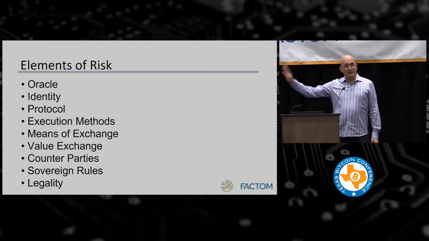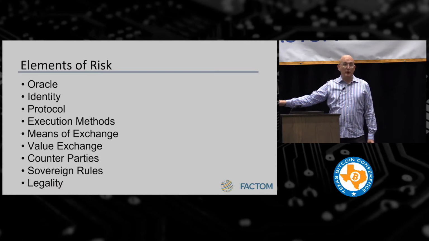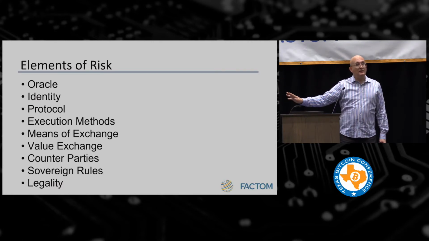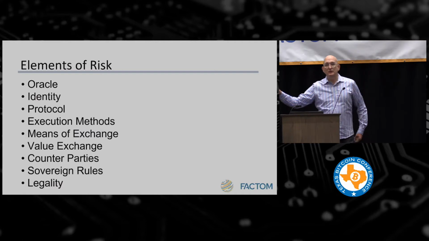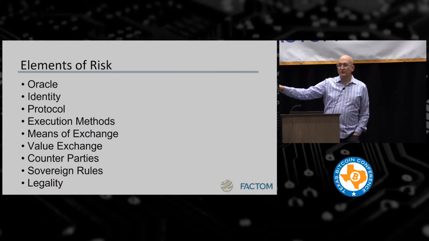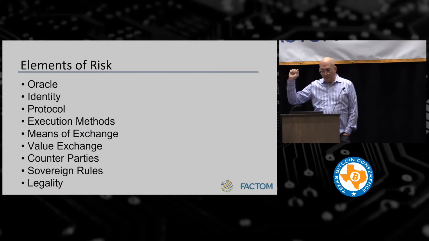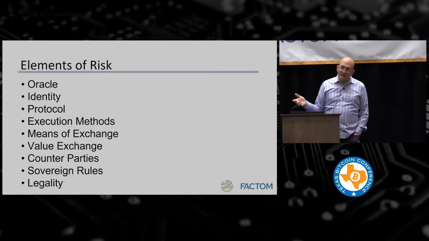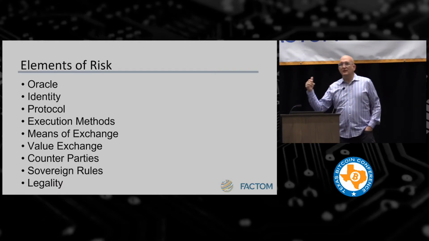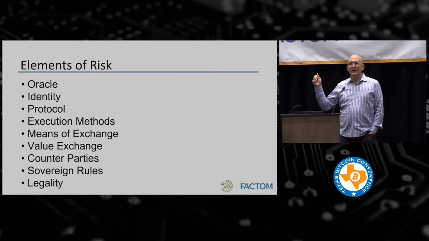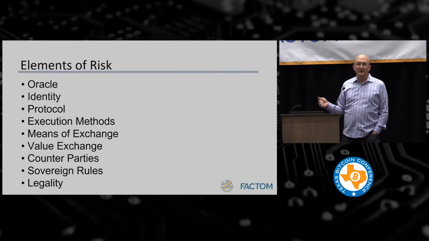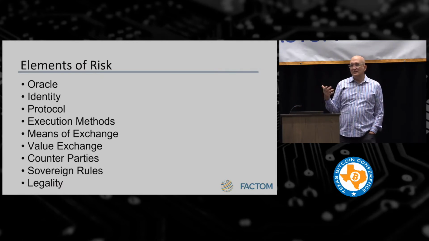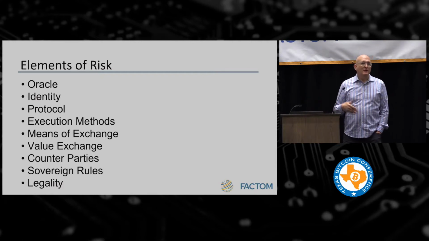So this method of execution and picking the right protocol somewhat go hand in hand, but it's going to be interesting as we start to look at the different ways that we can do this. The value in the exchange, we're now seeing with atomic swaps and a lot of other protocols out there, how do we decide what's going to be acceptable?